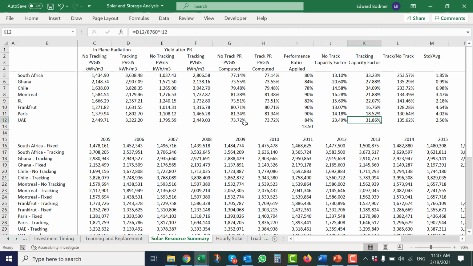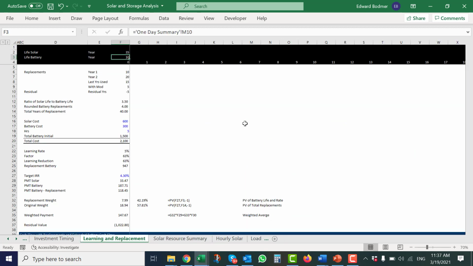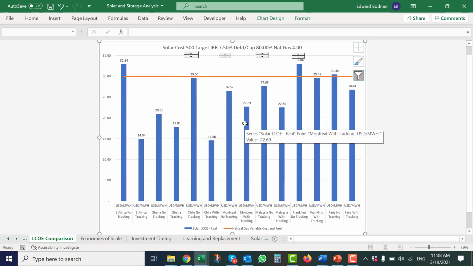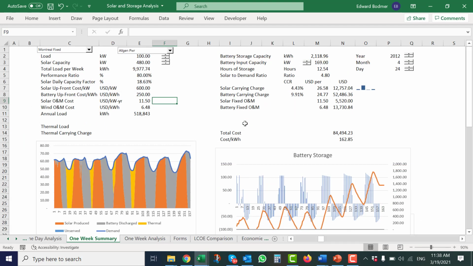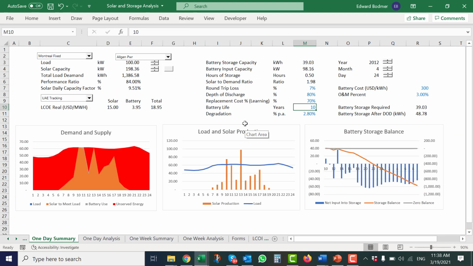Then what I did is I adjusted the performance ratio. The performance ratio they have in that thing is really low for UAE. I said these are going to be bifacial solar panels, where you have the reflection on the bottom, and it works if there's sand down there, and I know there's a lot of sand in UAE. So I adjusted the performance ratio up for the bifacial panels, and then we can have all of our LCOEs for different places. So now I'm finally going back to Montreal.